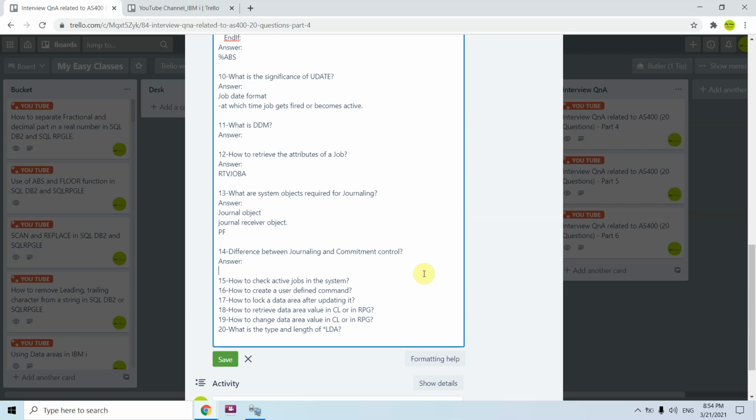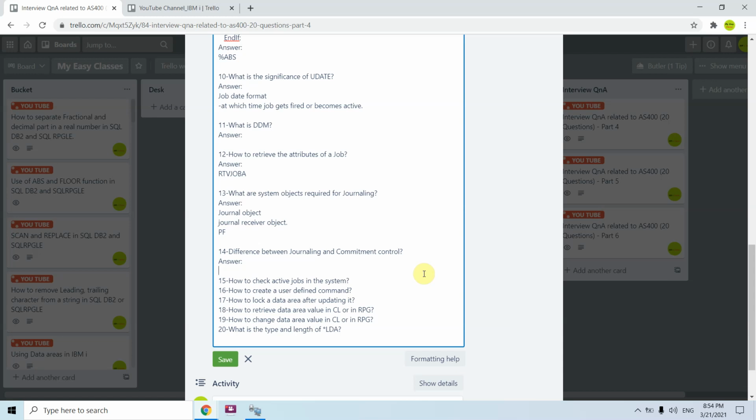For example, I'm accessing a file which has active commitment control on it. Now someone has performed something from the other end. They have performed 4 transactions, they have debited some amount from the account, but they are still not committed. So I won't be able to see those changes at my end because they are not permanent. Once the commit happens, I would be able to see those changes at my end.